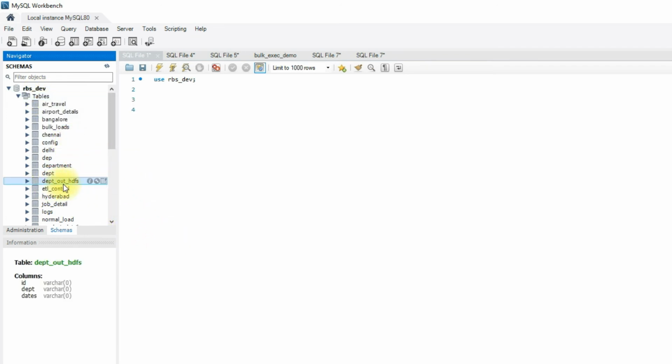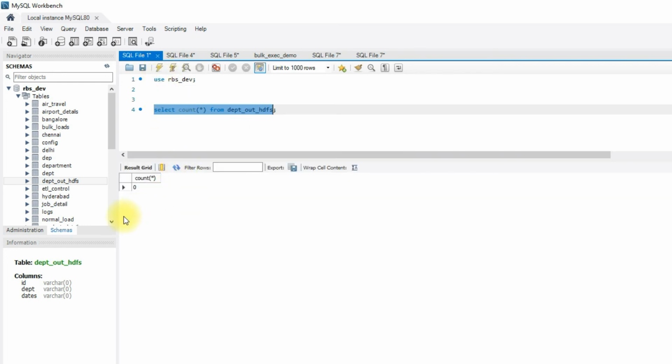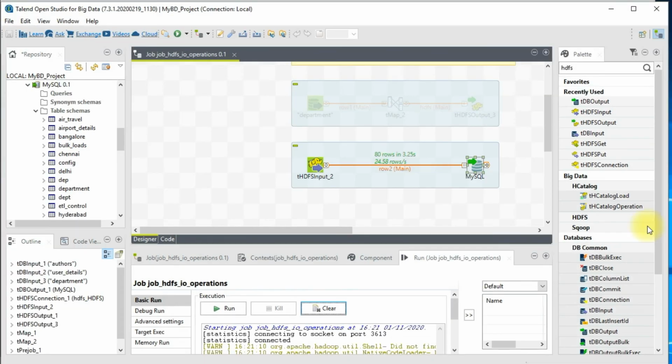And you see this department out HDFS, so that is the table that we just loaded. Okay, so let me go ahead and check the data. Alright, so looks like the data is not loaded. We have 0 records.